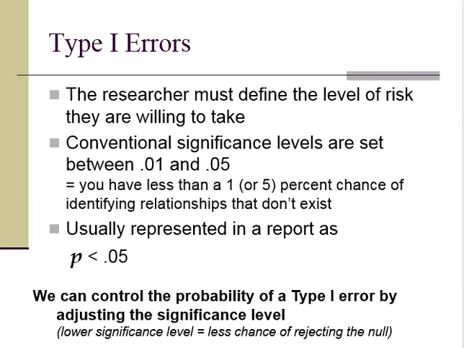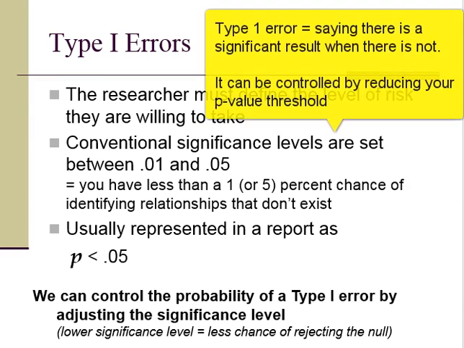You limit your chance of making that type of error by setting that p-value threshold, right? That threshold tells you the probability that you would make a type 1 error. Right? So if we set our p-value threshold at 0.05, it means that we have about a 5% chance that we will make a type 1 error. Right? If we set our p-value at 0.01, that's even better in terms of making a type 1 error. Right? We're less likely to make a type 1 error, only 1% chance.